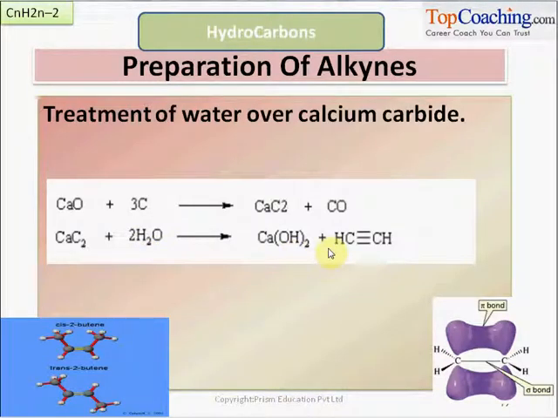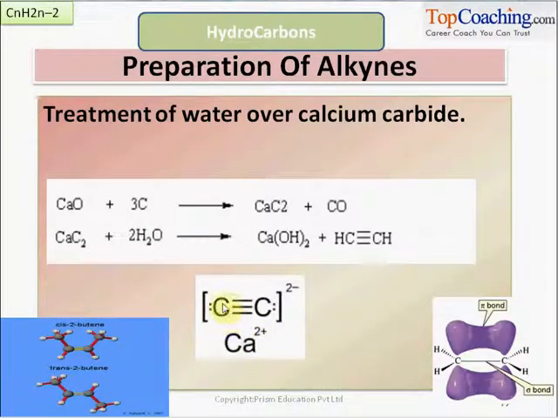And how do we get this? Let us have a look at the calcium carbide structure. This is calcium carbide, friends. Ca2+ having two triple-bonded carbons with a 2- charge on them because of the electrons. Now what we have to simply do is get hydrogen ions from water. One hydrogen ion comes and gets bonded with these electrons, another one comes and gets bonded with these electrons, the charge goes away, and what we get is acetylene with calcium ions